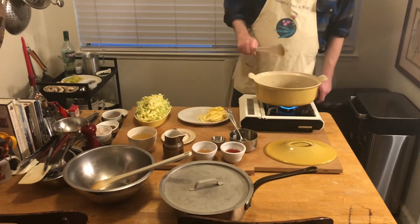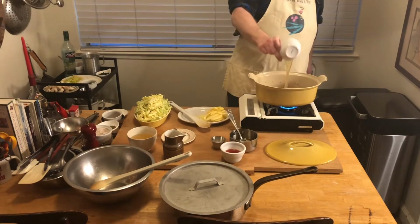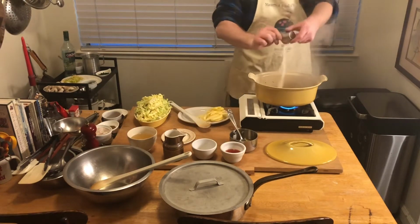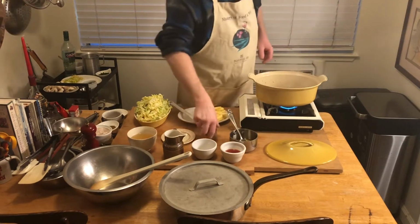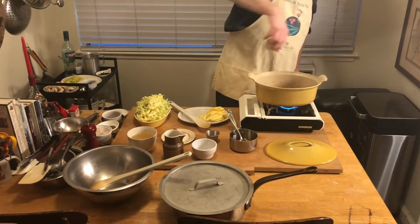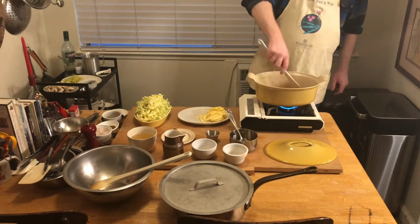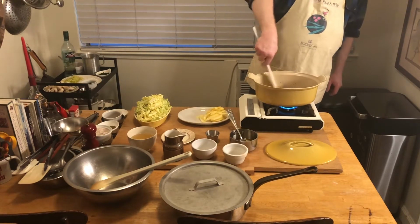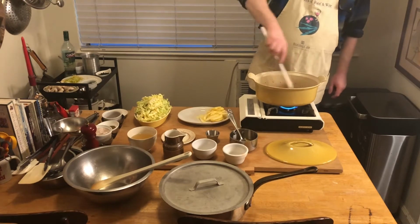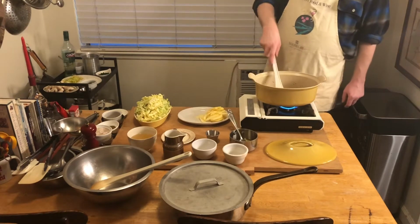Now I've turned the heat all the way up, and we're going to start deglazing here. We're going to add cider vinegar, 1 tablespoon of sugar, and 4 tablespoons of tomato juice. Now this we have to bring to a boil, and we have to cook this down. We need to reduce this by half, down to about 1/4 of a cup or so before we proceed. And then we're going to put in our apples